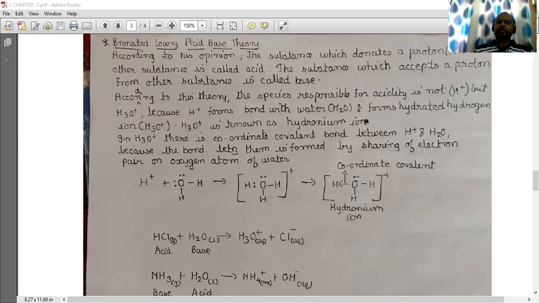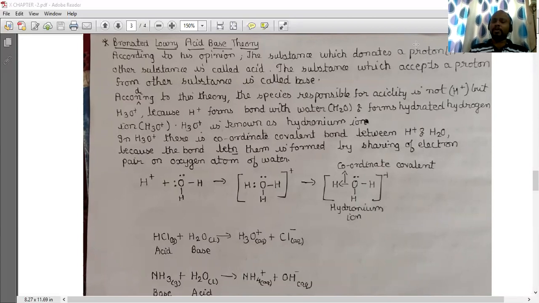According to Bronsted-Lowry's opinion, the substance which donates a proton, that is H plus, to the other substance is called acid. The substance which accepts a proton, that is H plus, from another substance is called base. According to this theory, the species responsible for acidity is not hydrogen ion but H3O plus, because the hydrogen ion